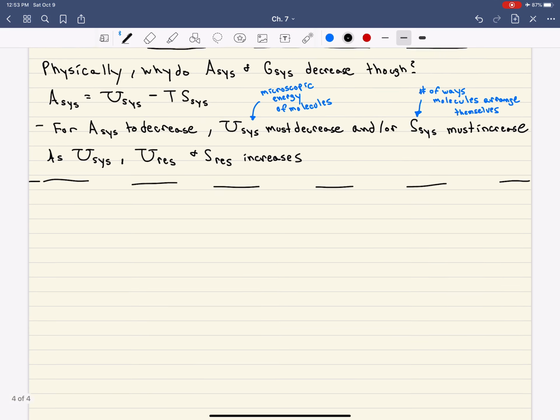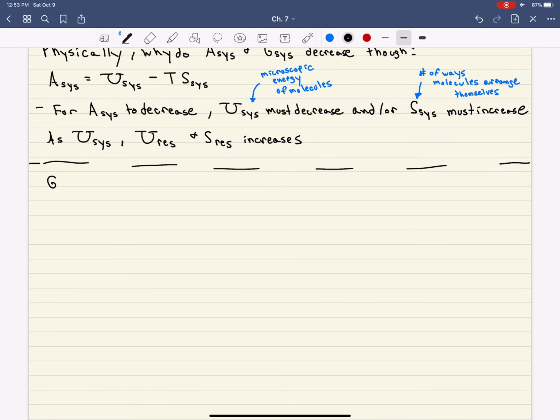We can make similar arguments for the constant NPT systems. So if we look at the Gibbs energy, that's H minus TS, which we could split up the enthalpy term into internal energy plus PV, system, minus T S system. Okay? All right, and so